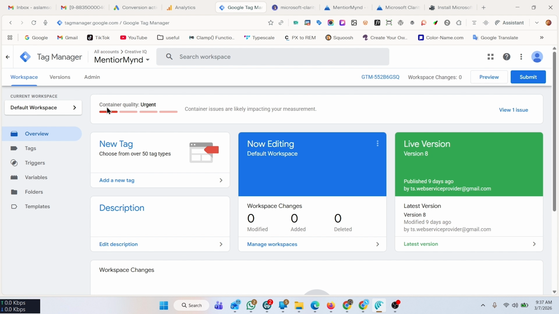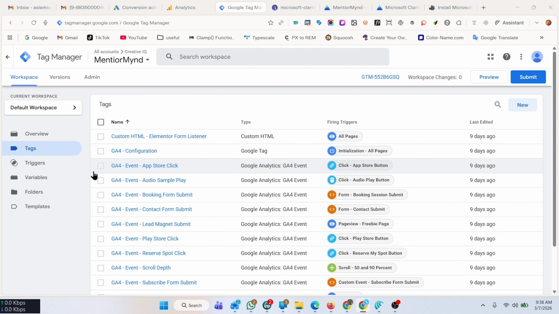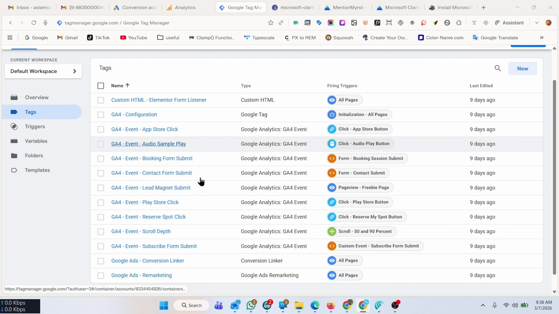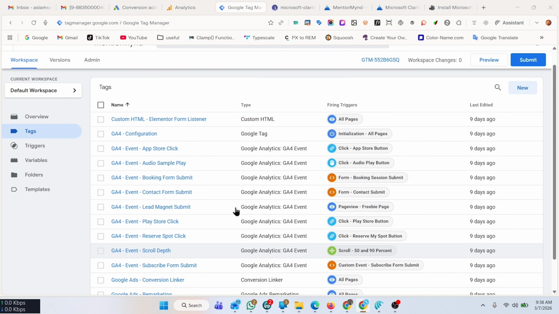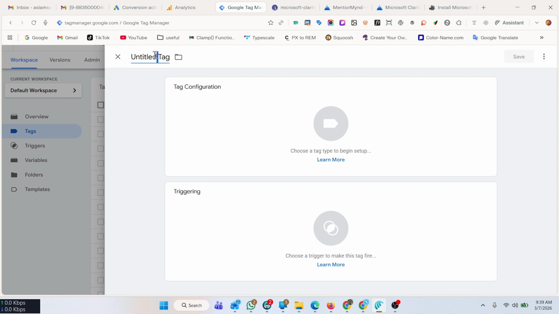So here I am in my GTM account, and you have to go to tags. Inside tags you can see that I have multiple tags that I am using to track different things on the website. Here, to add the Microsoft Clarity tag, you have to click on new, and then give a name